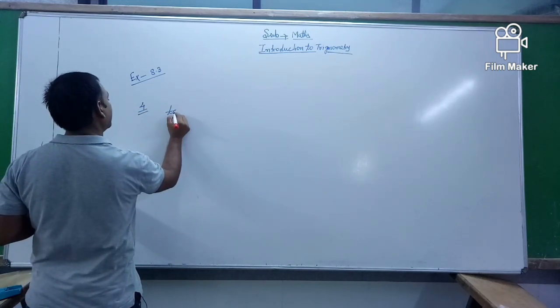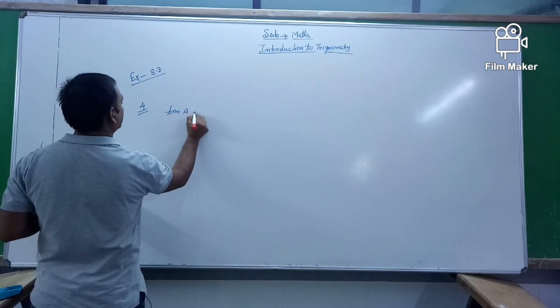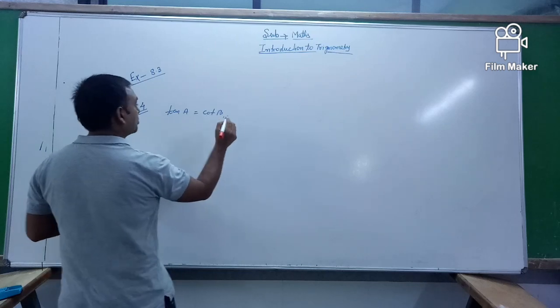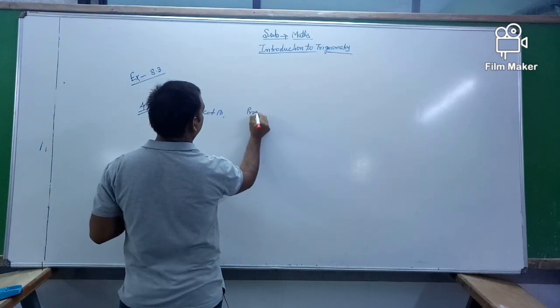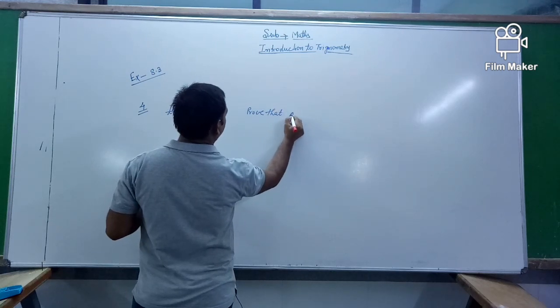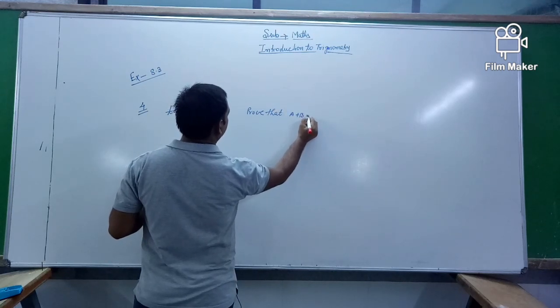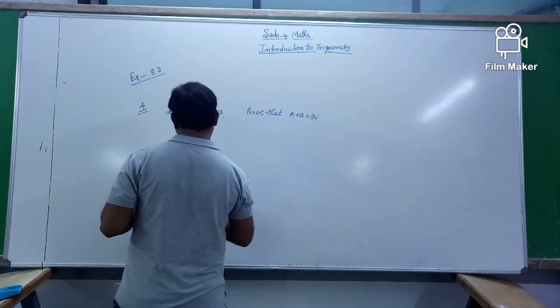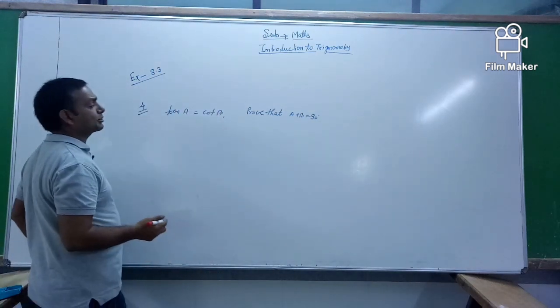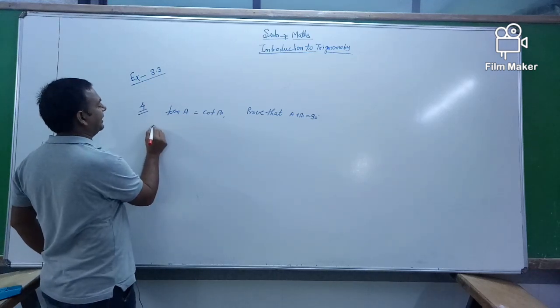Here tan a is equal to cot b, then you prove that a plus b is equal to 90 degrees. Here you say that tan a is equal to cot b. Here you apply that tan